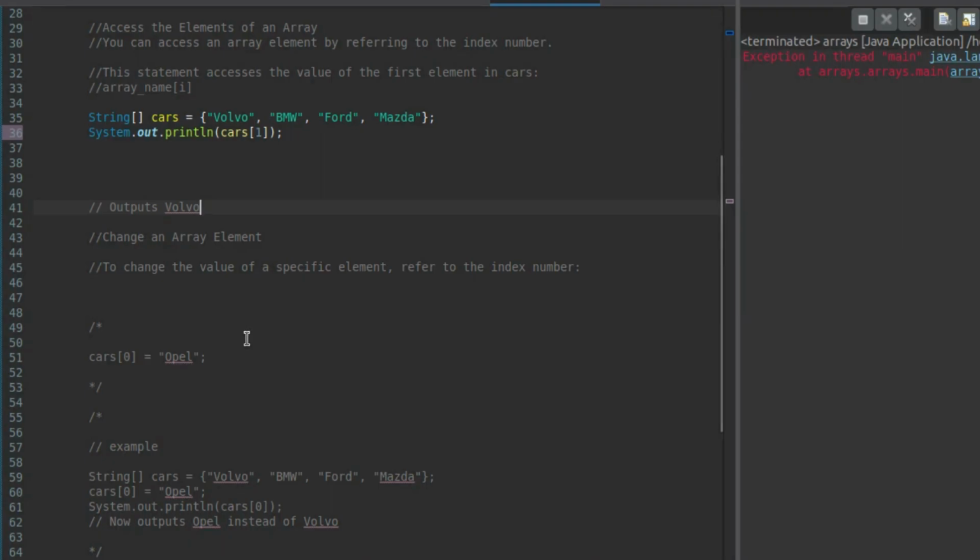If we want to change an element at a certain position in our array, replacing it with a different element, how are we going to go about it? For now, let me comment out this one as usual. So for example, in our array cars, if I want to change the element in the first position,